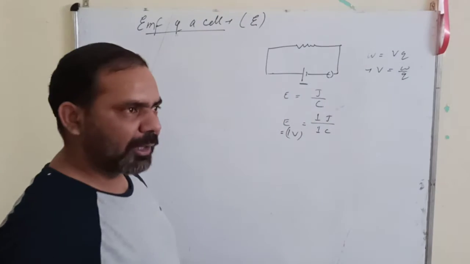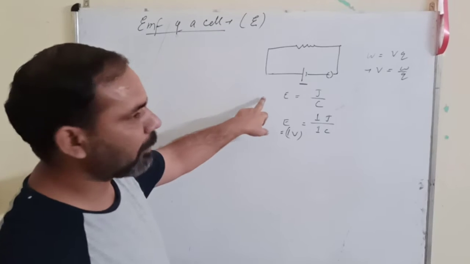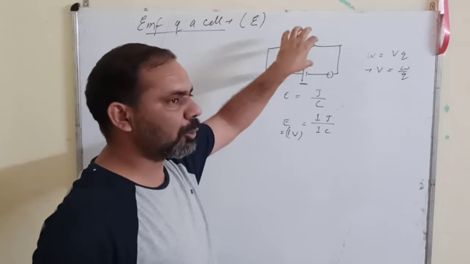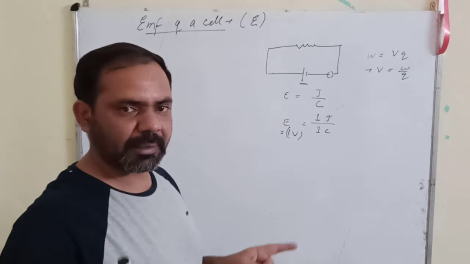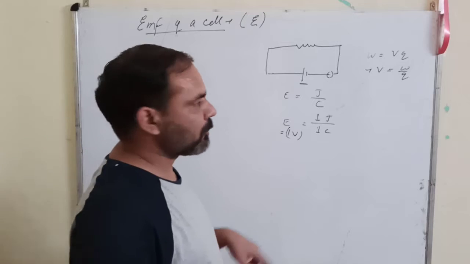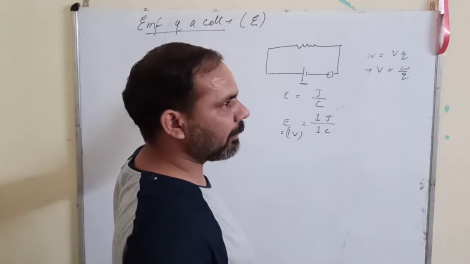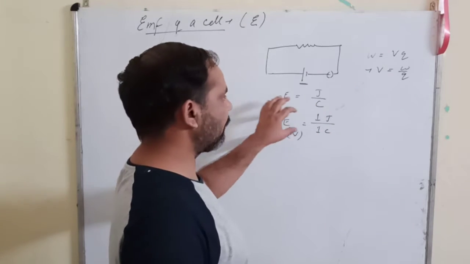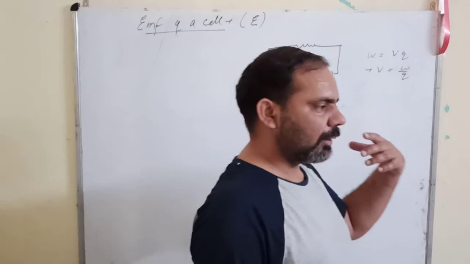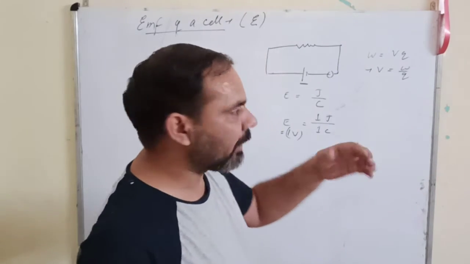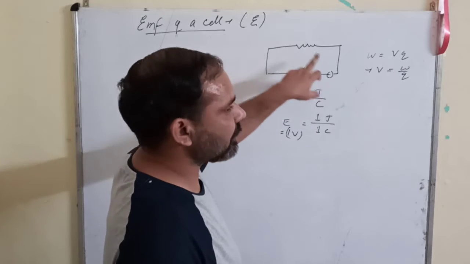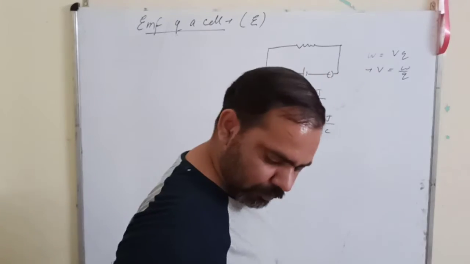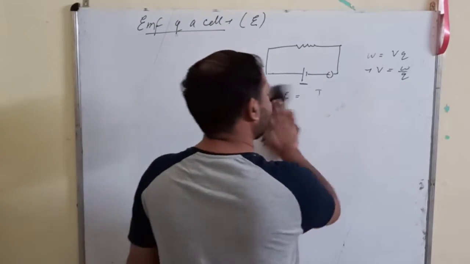And what will be 1 volt terminal potential difference? 1 volt terminal potential difference is the work done in taking the charge from positive to negative through the circuit when the key is closed, not inside the circuit. So the terminal potential difference of a cell is said to be 1 volt if it performs 1 joule of work in taking plus 1 unit charge from the positive terminal towards the negative terminal when the circuit is closed. That is 1 volt terminal potential difference.